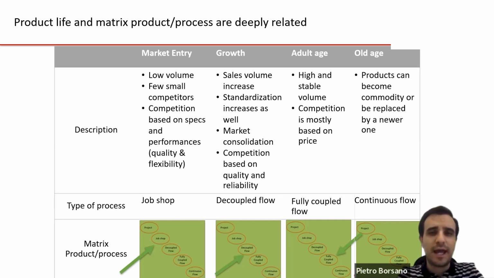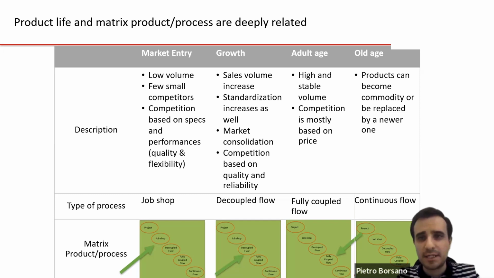When your product enters the adulthood stage, this is when you have a high, stable volume and a lot of competitors. The product is not innovative, it's not new any longer, which means you are competing mostly on price, and consequently you need to reduce your cost structure, and a fully decoupled flow or an assembly line is the right choice